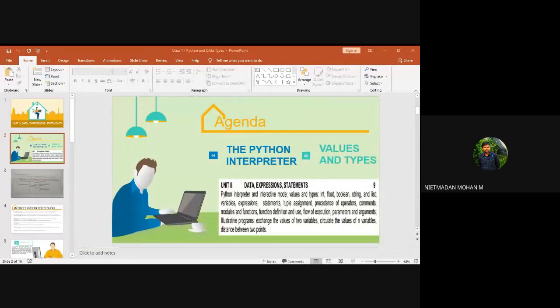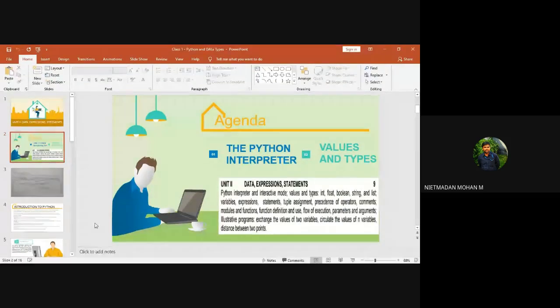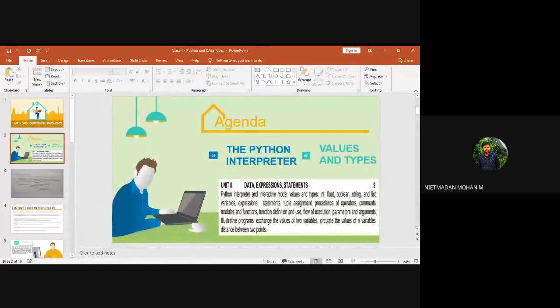Data type need not be specified. Yes, Sanghavi, it will not be specified there. So these are the things: when compared to C and C++, all those things have to be declared and specified, and a lot of lines of code will be there. In Python, the lines of code will be very few when compared to the others. In the next slide, I will show you some code in these programming languages.